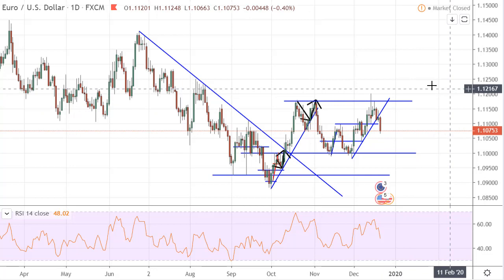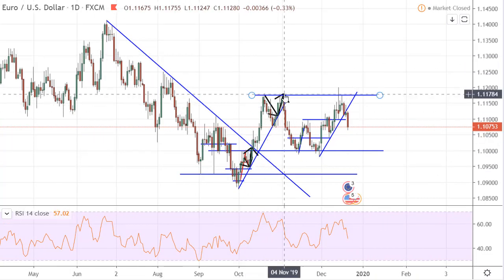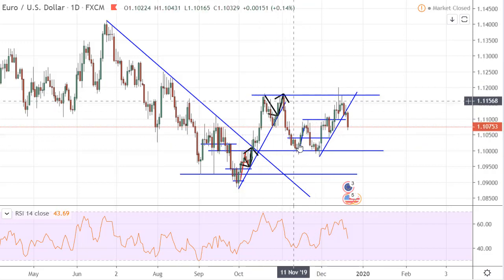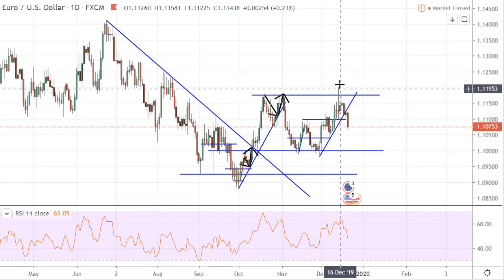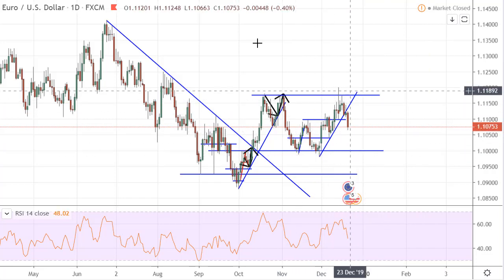Yes, it is what it is. It's the end of the year, like I said. We were in this up move, then we fell back into this corrective structure here. So this double top followed by this double bottom, and now we came in forming a pin bar and are falling back. We broke the trend line again. So this is